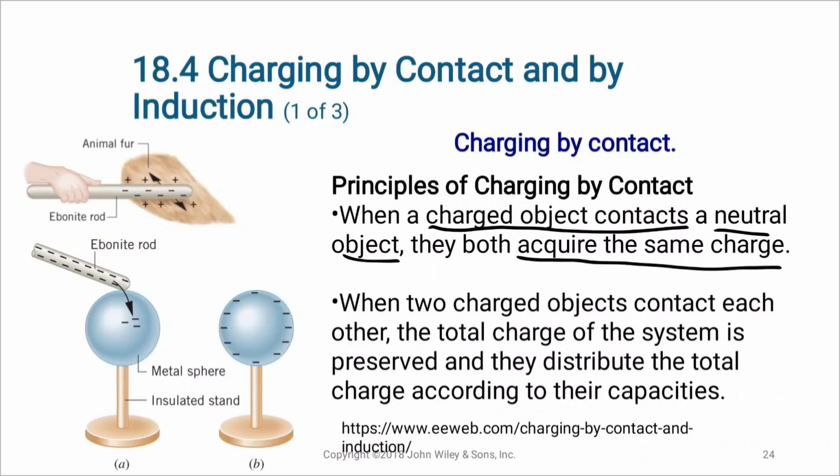So the total charge of the system is preserved, and they distribute the total charge according to their capacities. If we have here a metal sphere in a neutral state, positive, negative, positive,